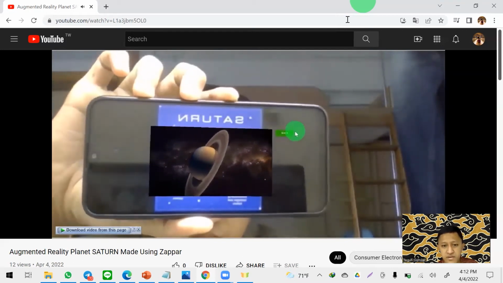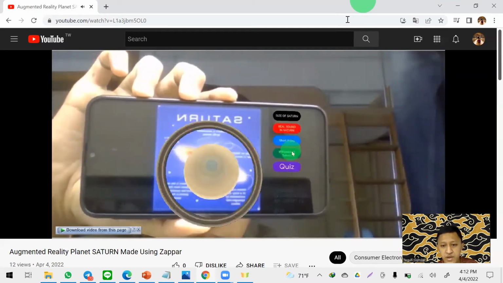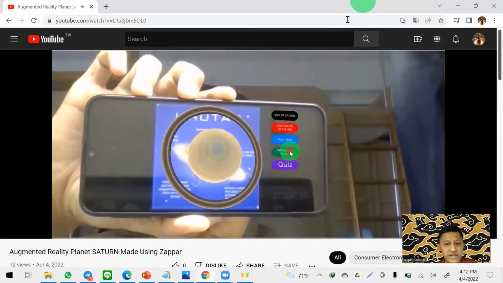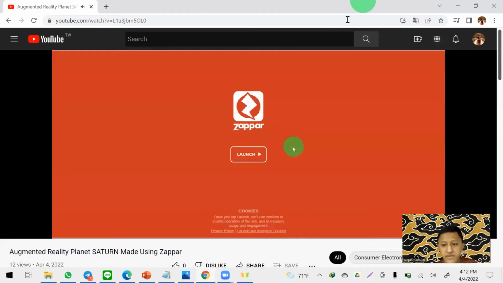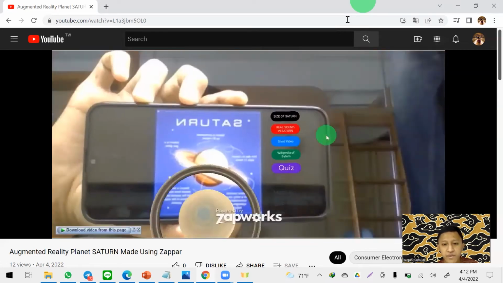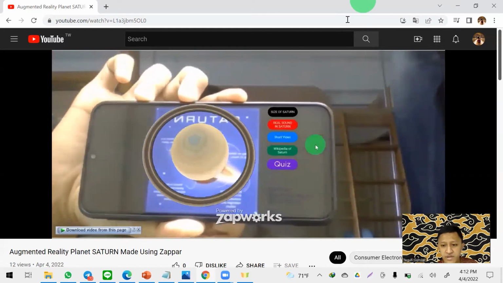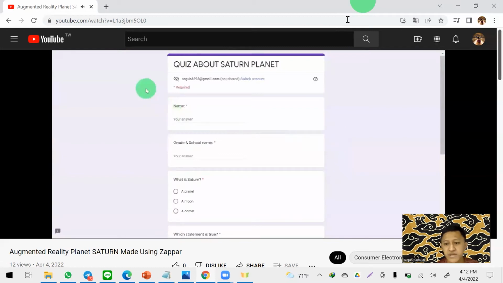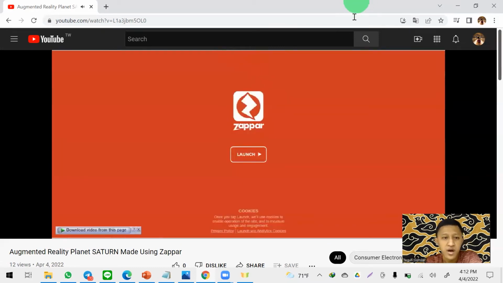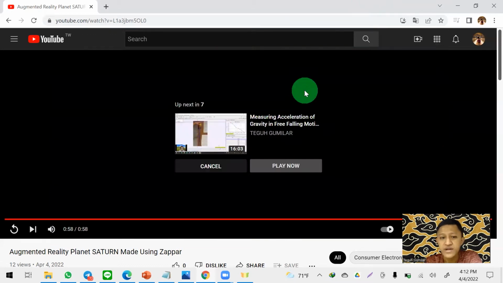Okay, click back to the main menu, and you can also read the article about the Saturn in Wikipedia. And if you click the quiz, the Google form of the quiz will pop up, and you can start to fill the quiz and submit it to your teacher if you are a student. Okay, that is the augmented reality that I showed to you, but let me show you how to make